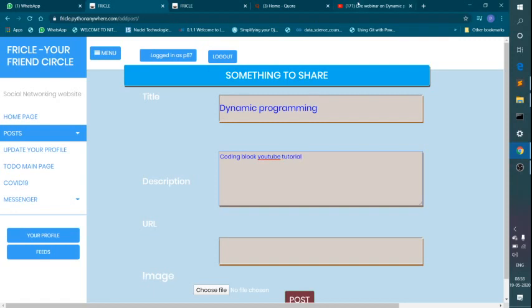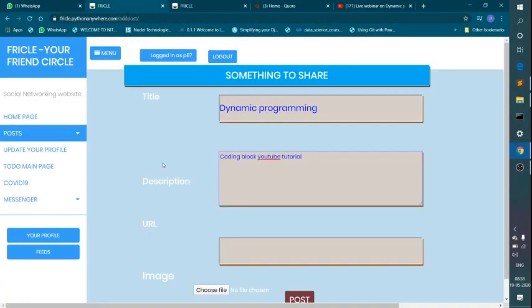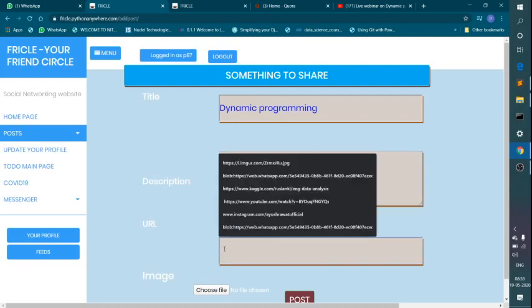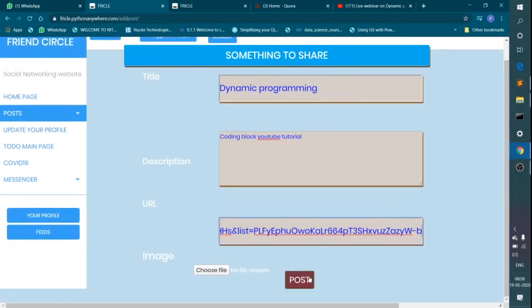I need to provide the URL. The URL is optional, and you can skip it if you want. If you want to choose an image from your computer, then you can choose it and post it from here.